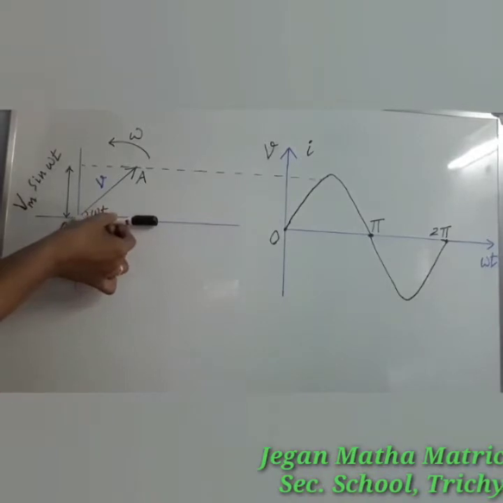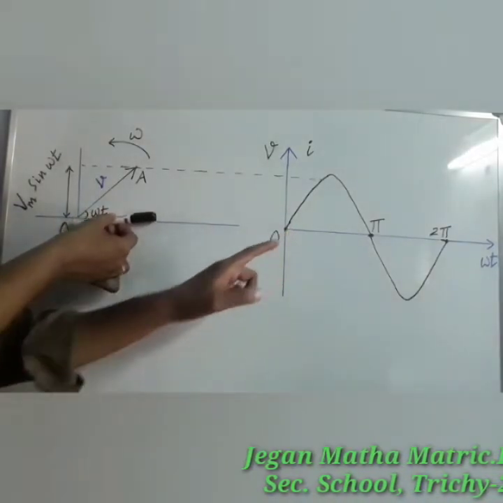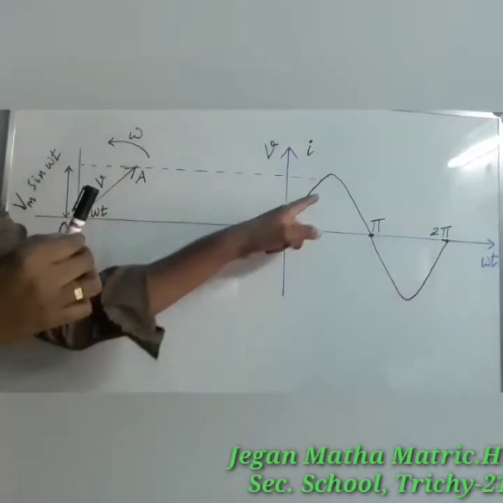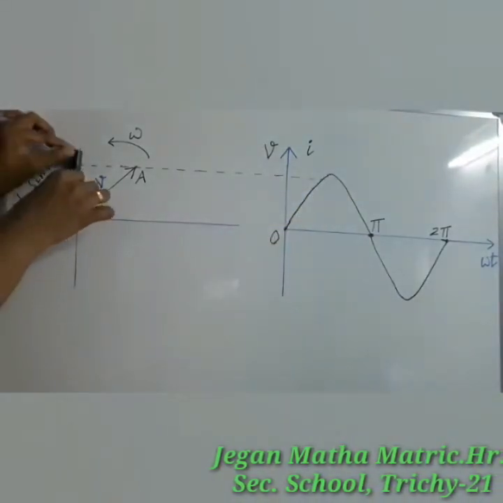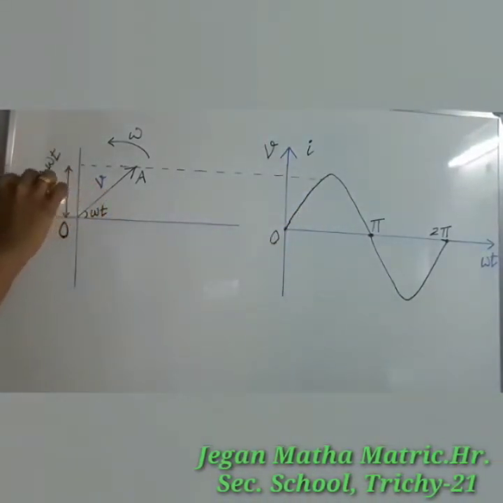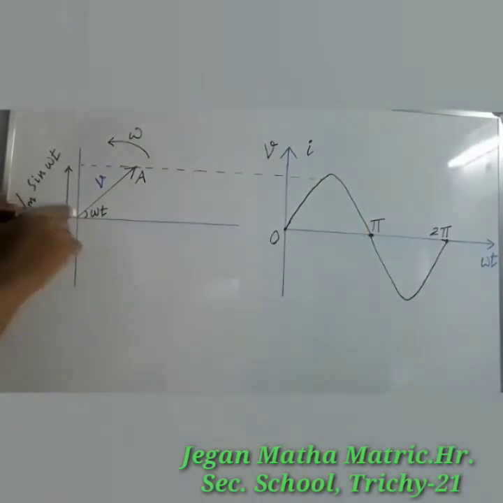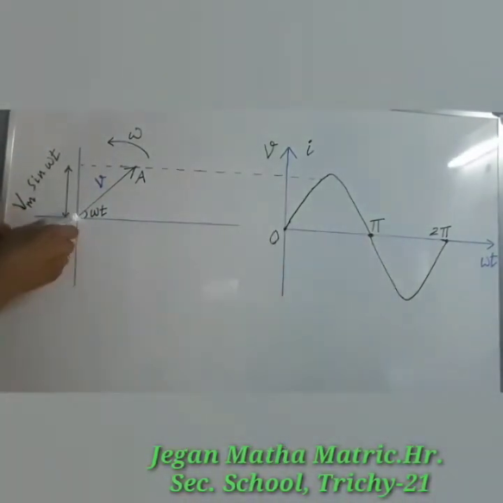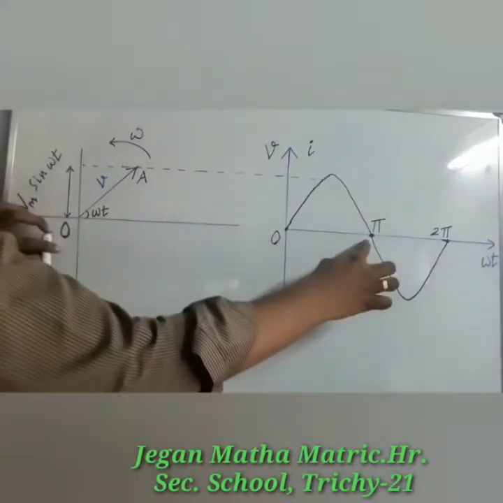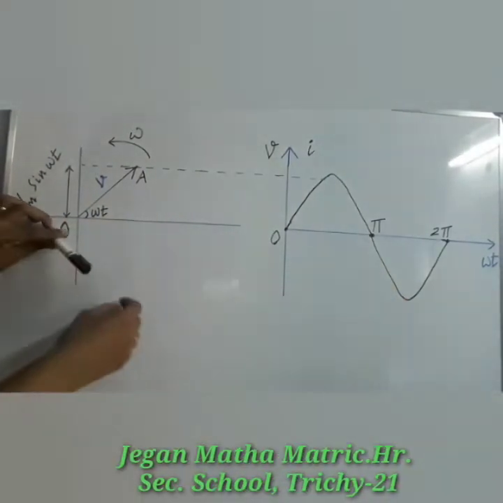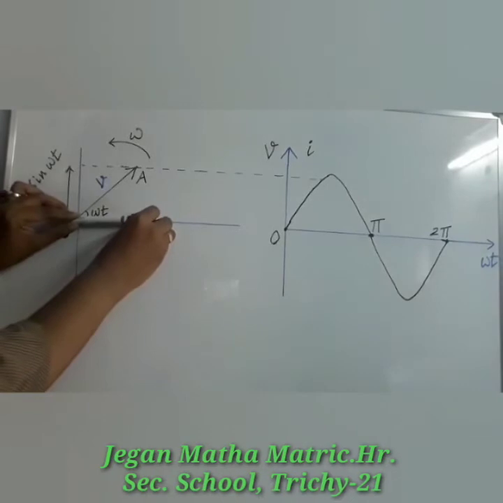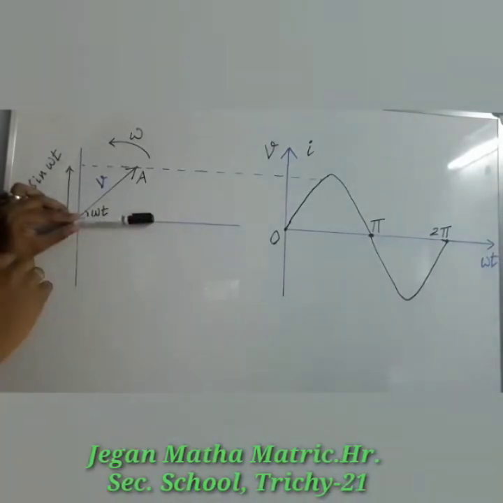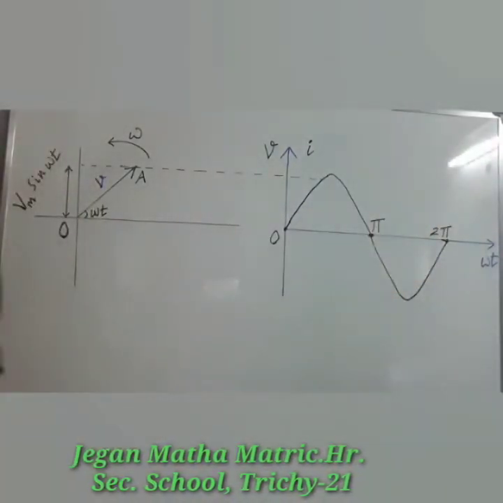It is the initial position of OA. There in the waveform it will be 0. This gradually increases, and there it reaches a peak value. Once it rotates in this direction, it gradually reduces. Now, along the negative x-axis, it leads to 0. Once again it increases in this direction, where the value increases in the reverse direction. After one full rotation it comes back to the initial position. It completes one rotation.